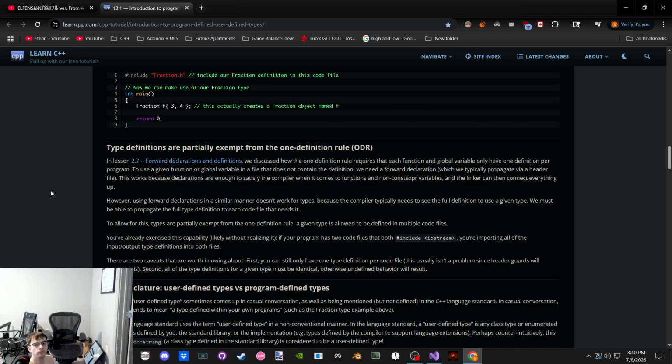Gotcha. Partially exempt. That is, a type can be defined in multiple code files. Same thing with, sounds like, inline. Oh, so it's not that iostream actually has a header guard in it, preventing the types from being defined. It's that it's actually okay. It's included in one file,